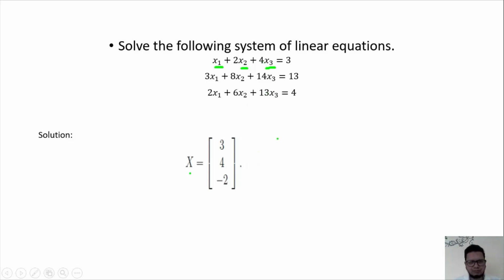Normally in any numerical method, first we define the coefficient matrix A, which is nothing but the coefficients of the variables. If I take the first equation, the coefficients are 1, 2 and 4, and in the second equation the coefficients are 3, 8 and 14.